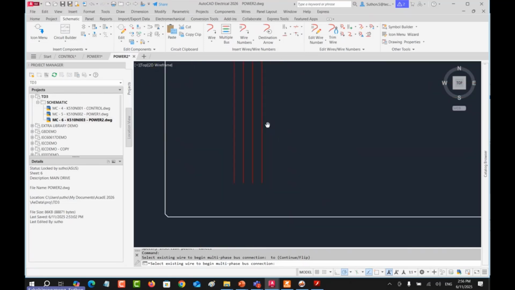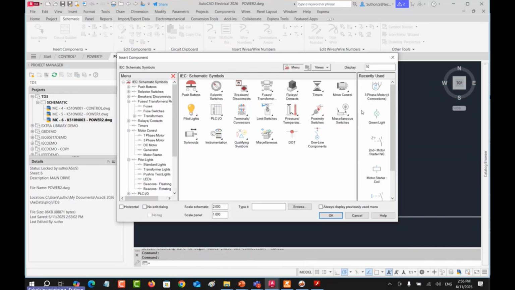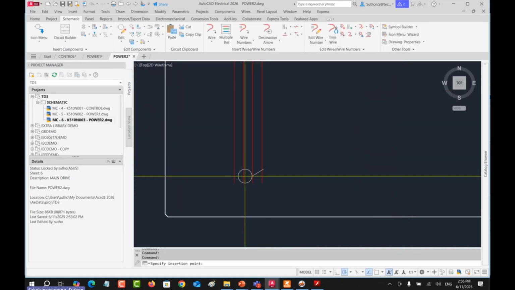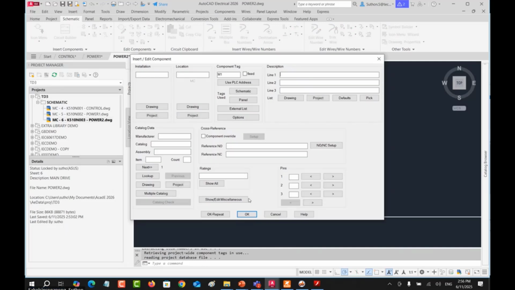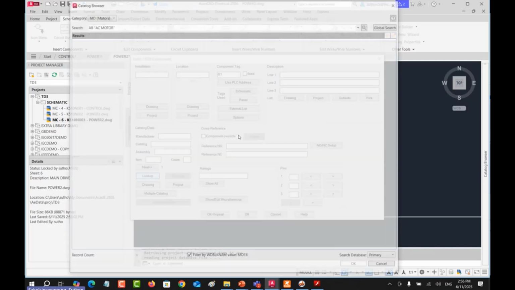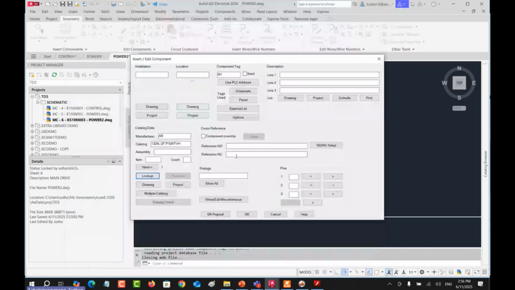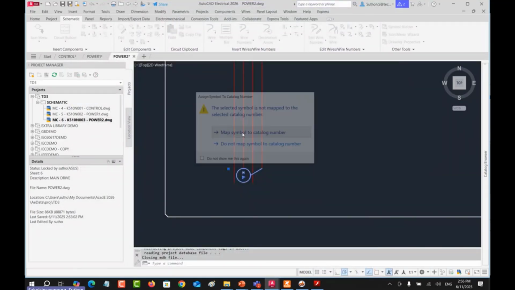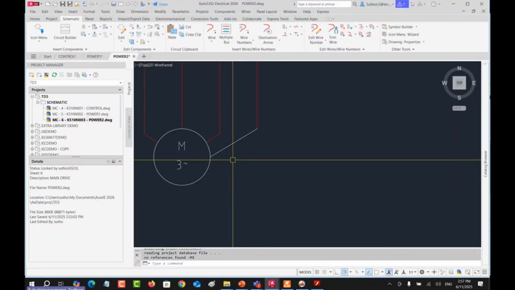But this one you don't have to do. You can connect like this, and you use the recently used. It's quite useful as well because it remembers the recently used symbol. Otherwise you have to find it by yourself in this list. It's quite messy, right? But this one is easy, and you put it at the middle. The system will automatically create it and connect it for you. Map the symbol. Here we go.